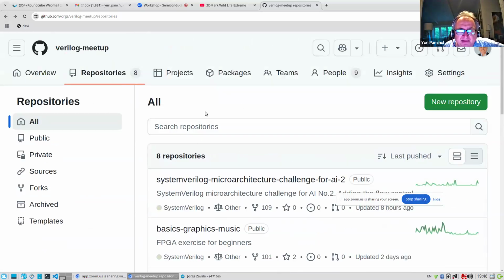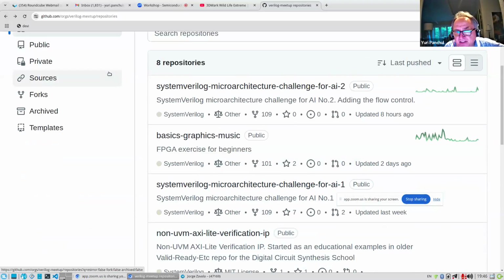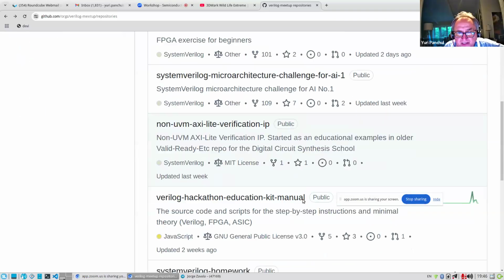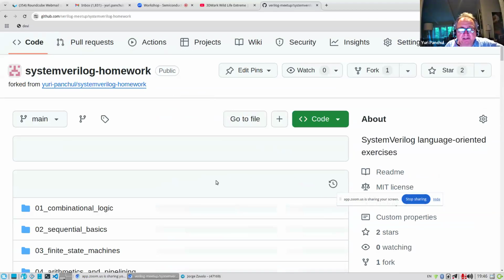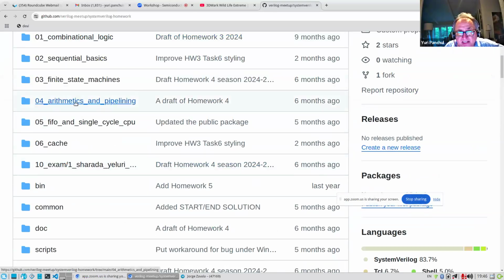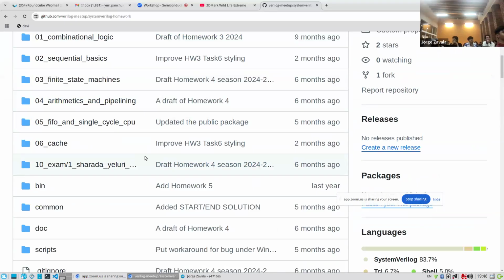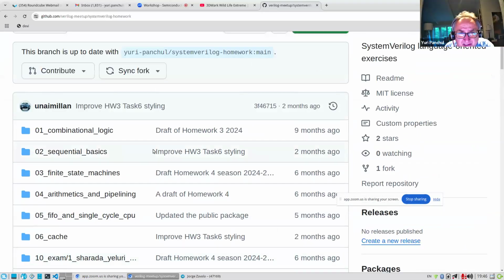Yeah, so if you want to see some next level exercises, once you learn the basics, you can go through this SystemVerilog homework, which has a bunch of exercises with a floating point coprocessor, and so on.